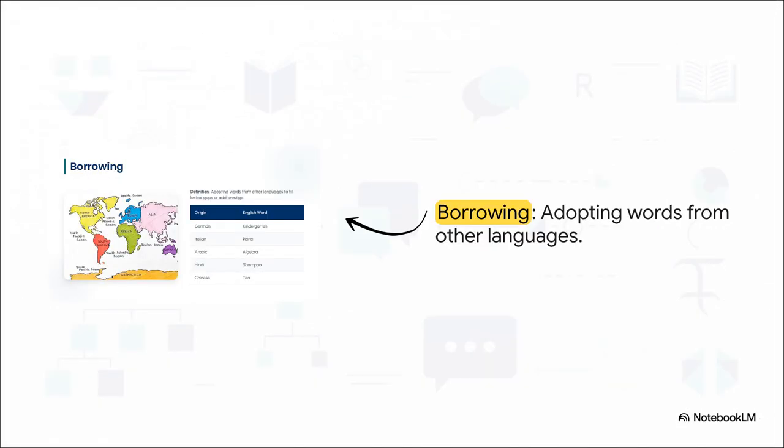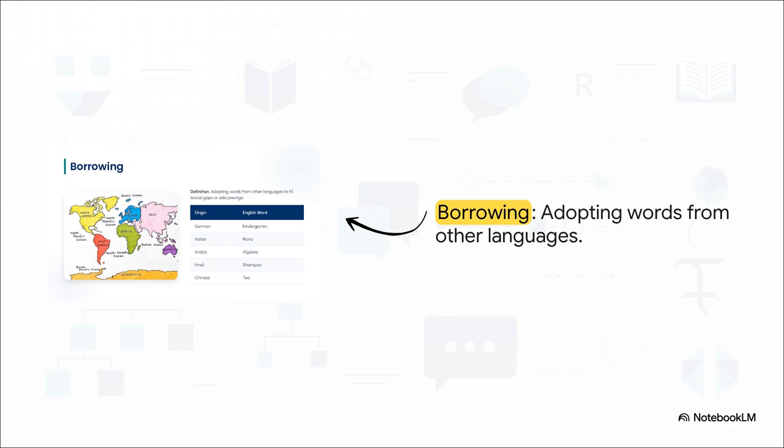Process 2 is borrowing. True to its name, this happens when one language adopts a word directly from another language to fill a gap in its own vocabulary. I always like to describe English as a bit of a linguistic pirate, mostly because it has happily borrowed from hundreds of different cultures. Words like kindergarten from German, algebra from Arabic, and shampoo from Hindi, they were all adopted